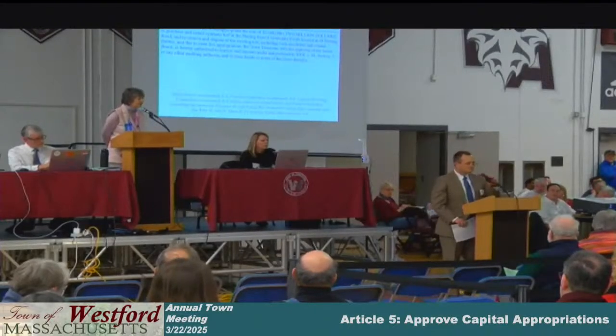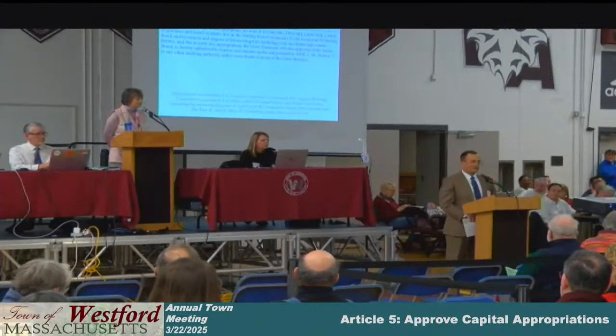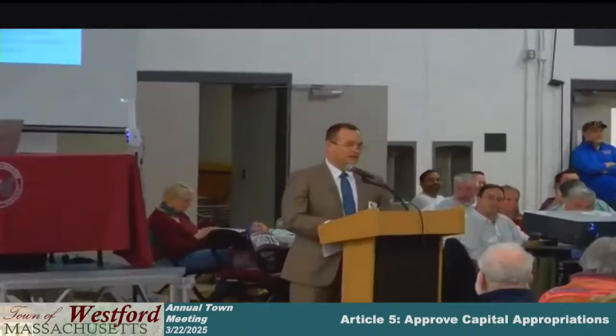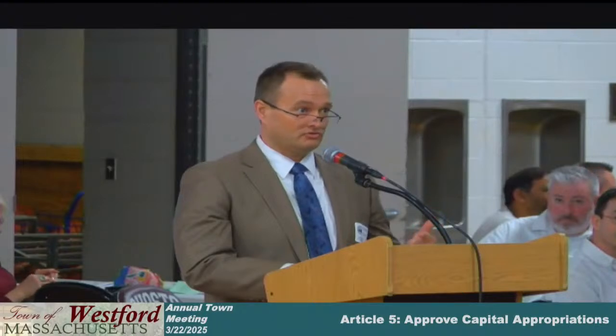Mike, you need to get closer. Yeah. That should be close enough. We did investigate the cost of converting this field to sod, to grass. It was just over $2 million. You're talking about a completely different drainage system, irrigation. Looking at the long-term maintenance needs, you're adding around $100,000 a year to take care of natural grass between the chemicals, the need to restripe every 2 to 3 weeks during the season, as well as, given the size of this field, we more than likely would need close to an additional full-time person to do the maintenance.